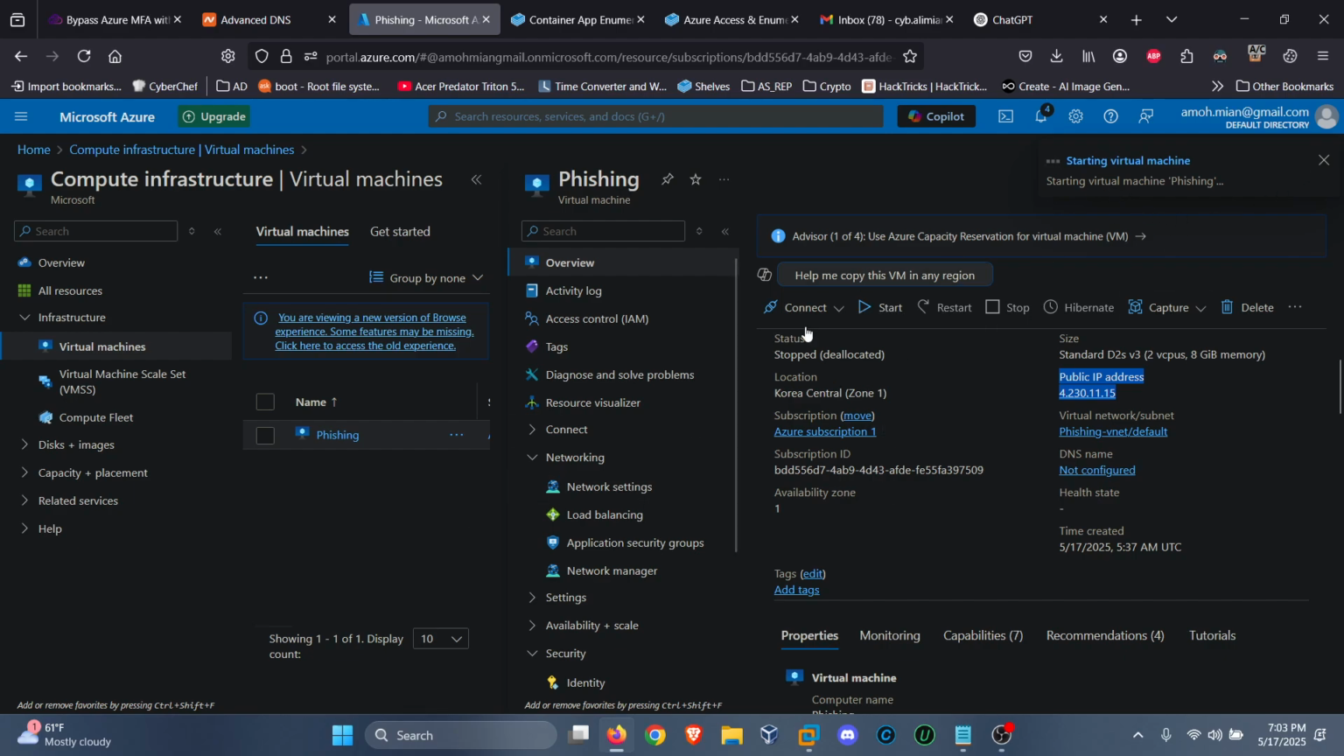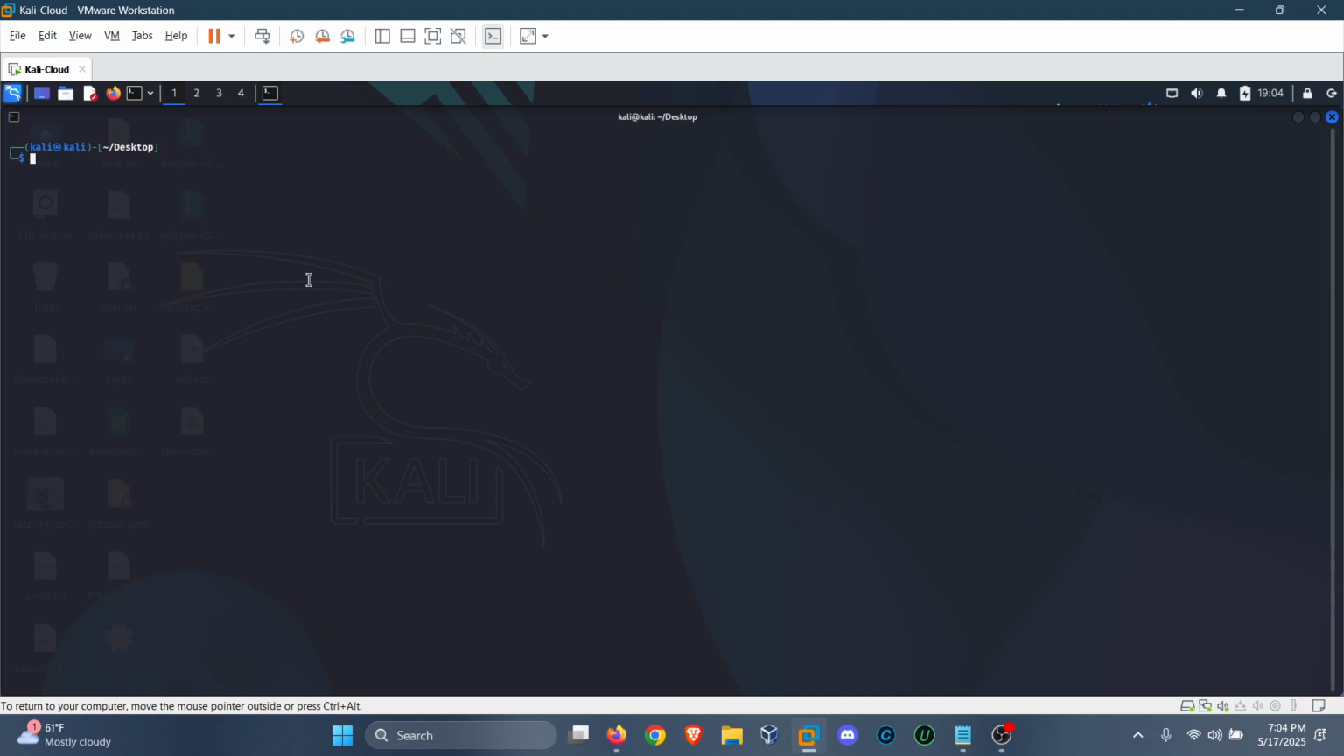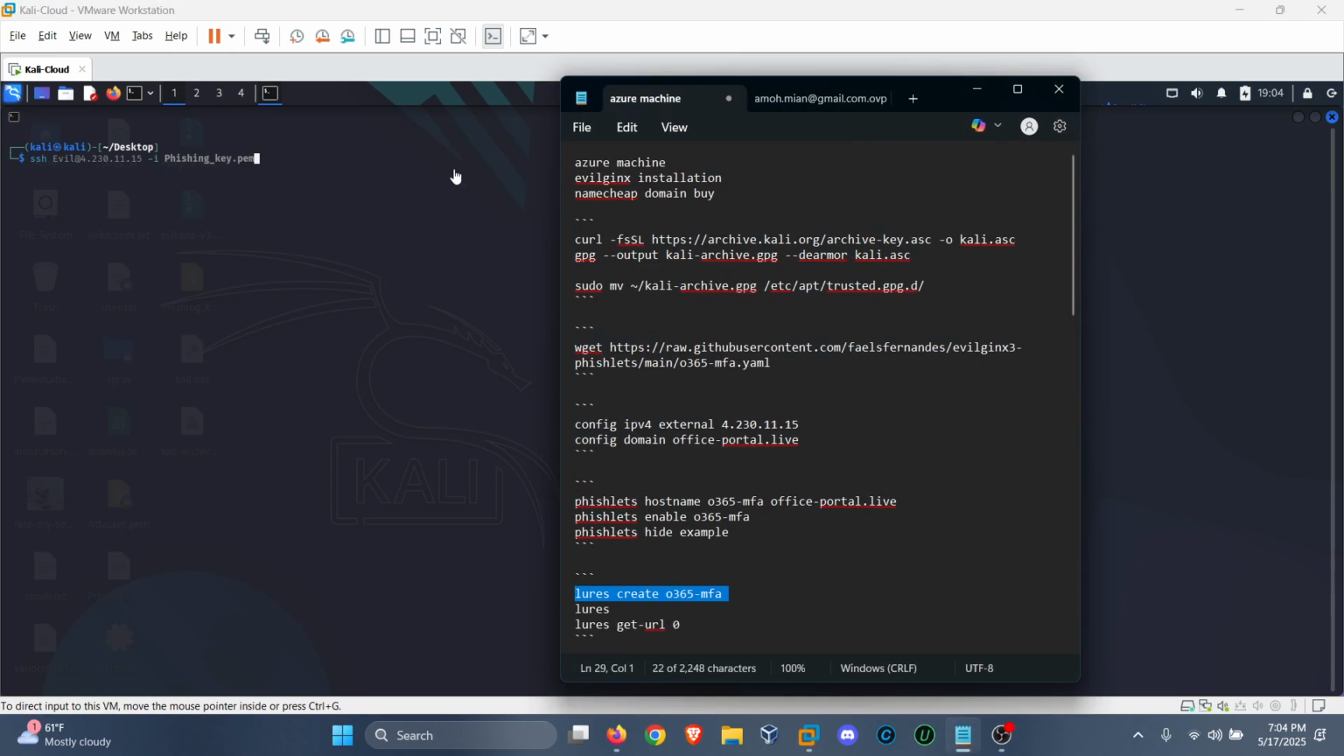It's starting the virtual machine, and it should be done soon, probably like 30 seconds. And the file that I downloaded was called phishing_key.pem. And yeah, this is the public IP, and this is the user's name that I added, Evil. One of the things that